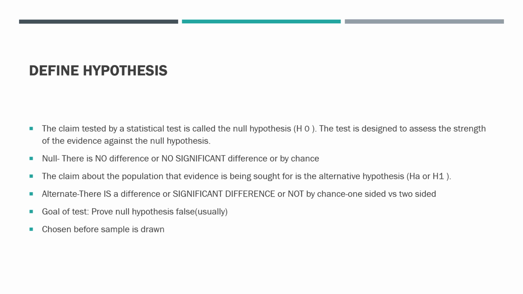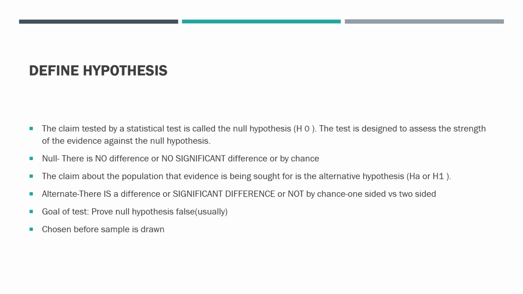Suppose you are having two groups. One group is having a drug, the old drug, and Group B is having a new drug. What you are trying to prove is the newer drug is better than the older drug in terms of, say, efficacy, or in terms of having lesser adverse reactions, or in terms of having a better dosing parameter. Whatever the characteristic that you are trying to define, you are trying to say the newer drug is better than the older drug.